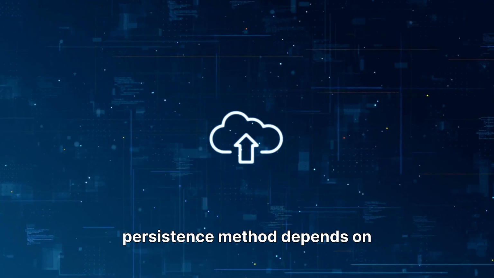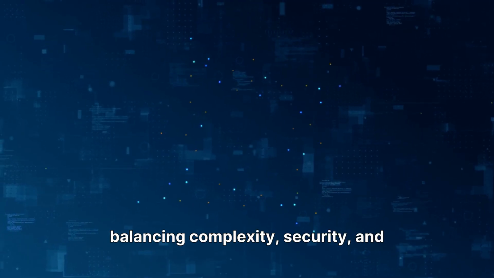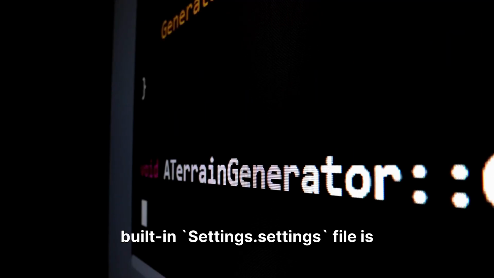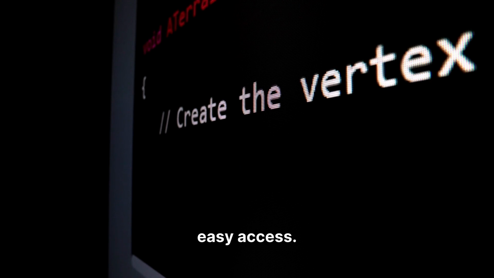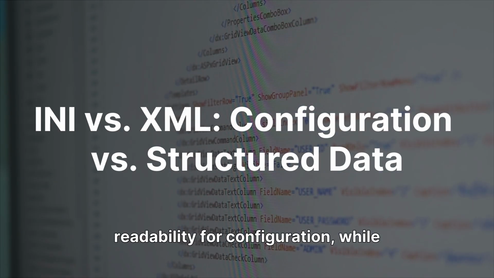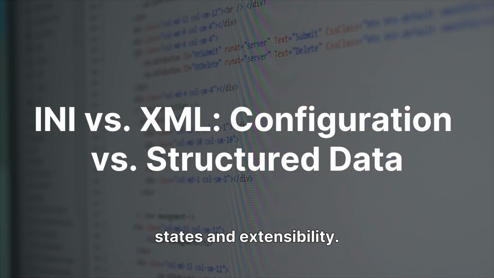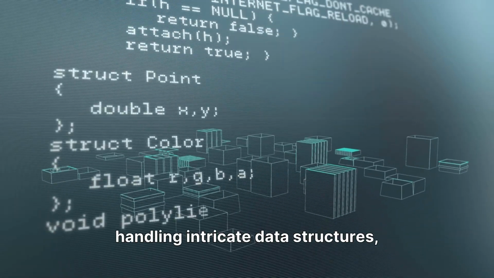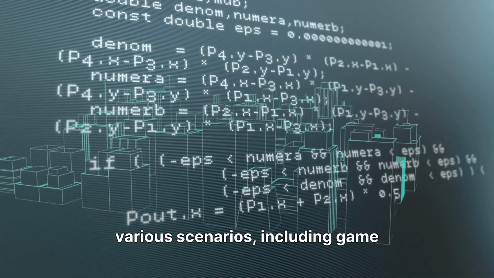Choosing the right data persistence method depends on your application's specific needs, balancing complexity, security, and performance. For simple settings, the built-in settings.settings file is often the most convenient choice, offering quick and easy access. INI files offer human readability for configuration, while XML provides structured storage for more complex application states and extensibility. JSON serialization excels at handling intricate data structures, making it a versatile and modern option for various scenarios, including game